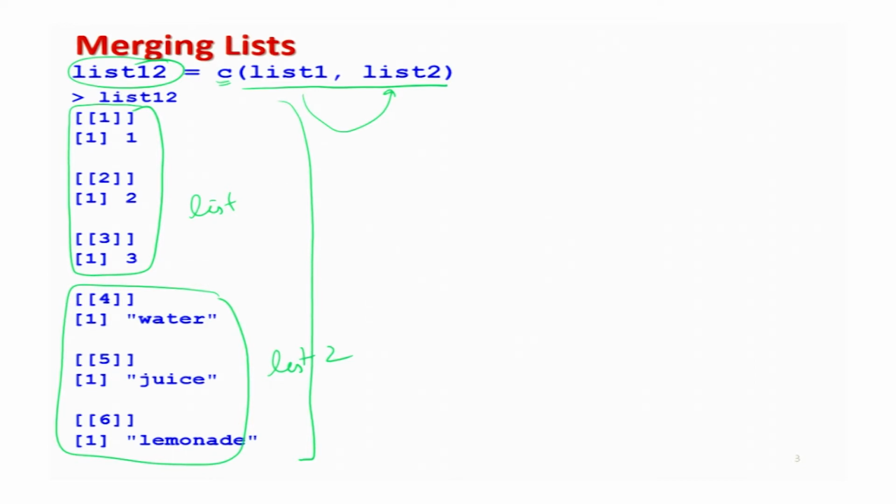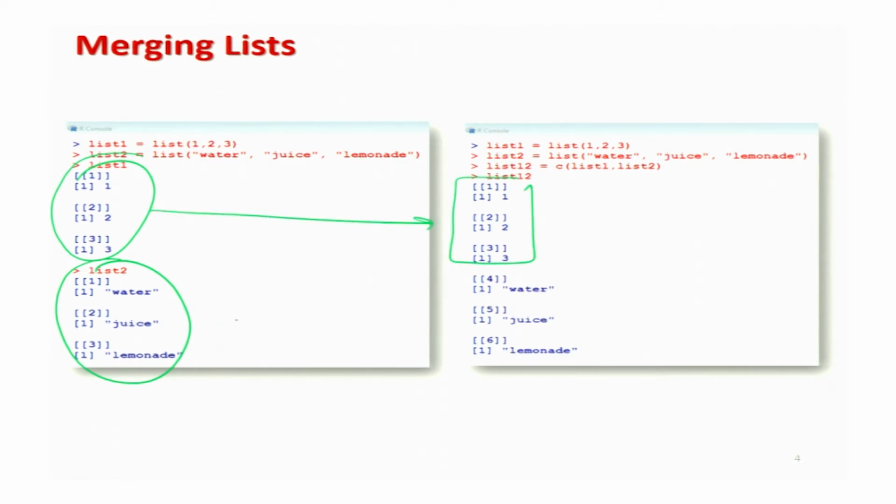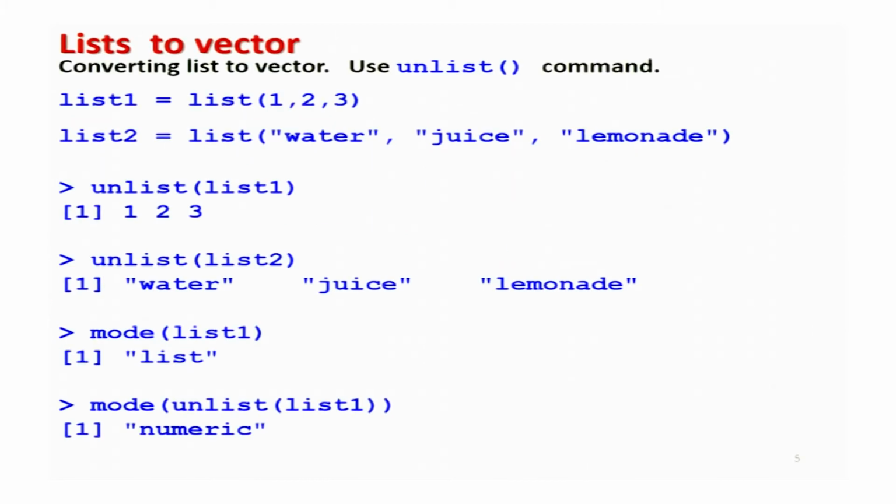So, you can see here this is not a very difficult operation. If you try to see it on the R console also, this is my list number 1, this is my list number 2, and now this is appearing in the merge list here, and this is appearing in the merge list here, right. So, I will try to show you this operation on the R console also, but before that, let us try to understand